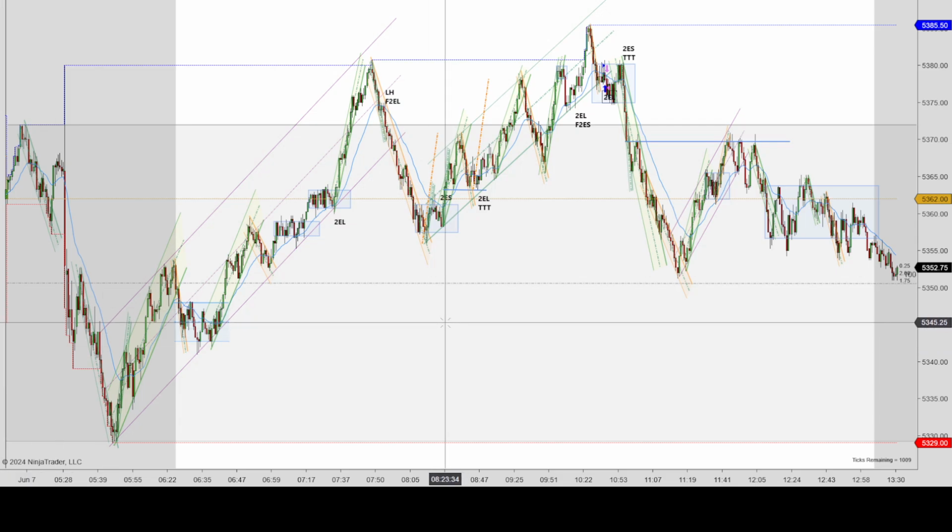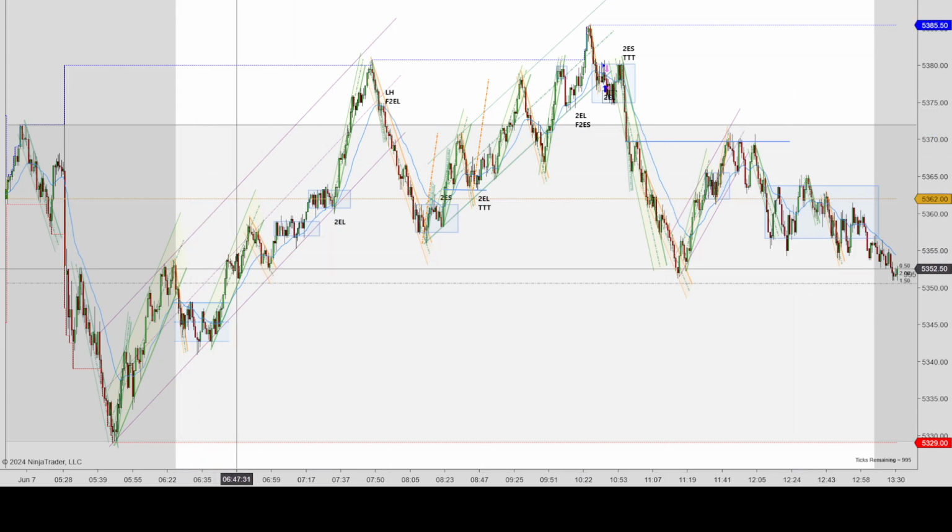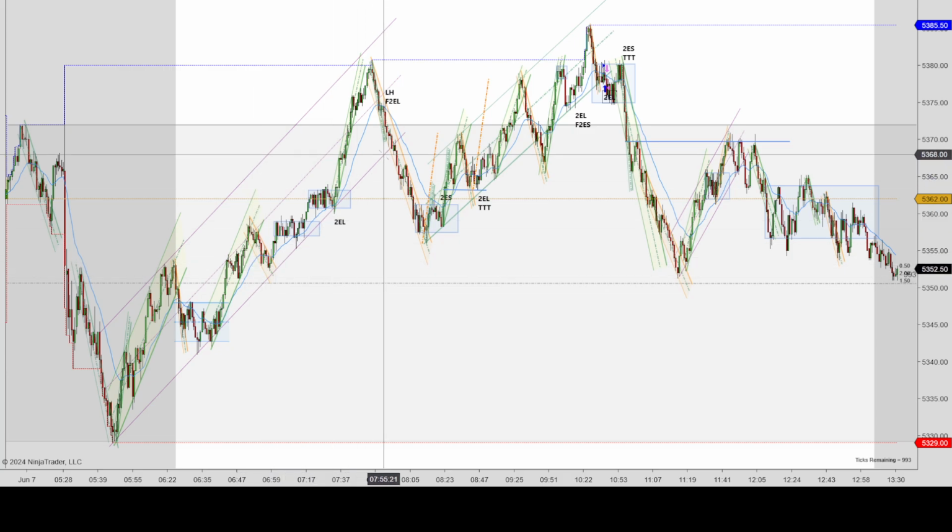June 7, 2024. This is the S&P 500 E-Futures Mini on the 2000 tick chart using NinjaTrader 8. This is what the chart looked like today. At around 5:30 Pacific Standard, which is about right here,